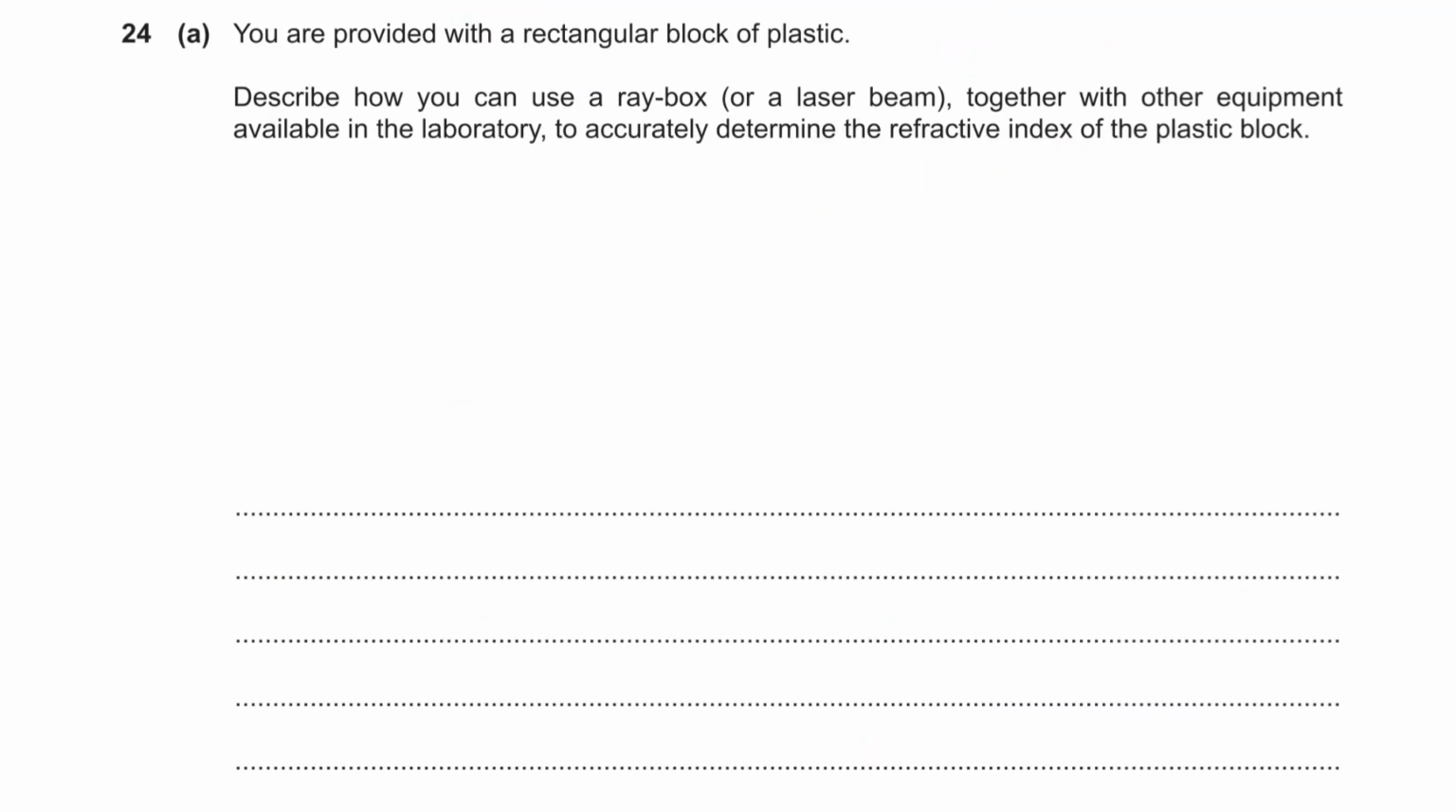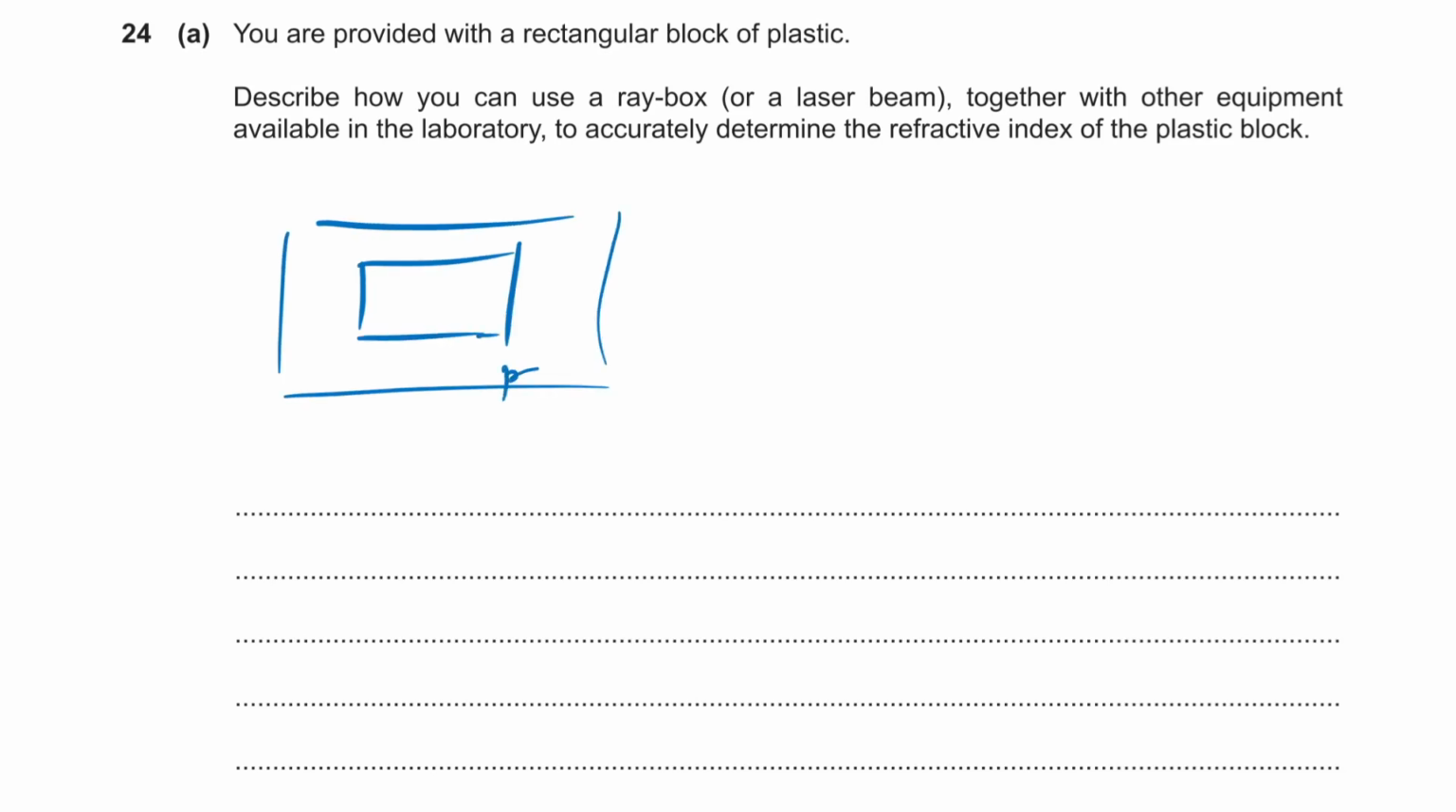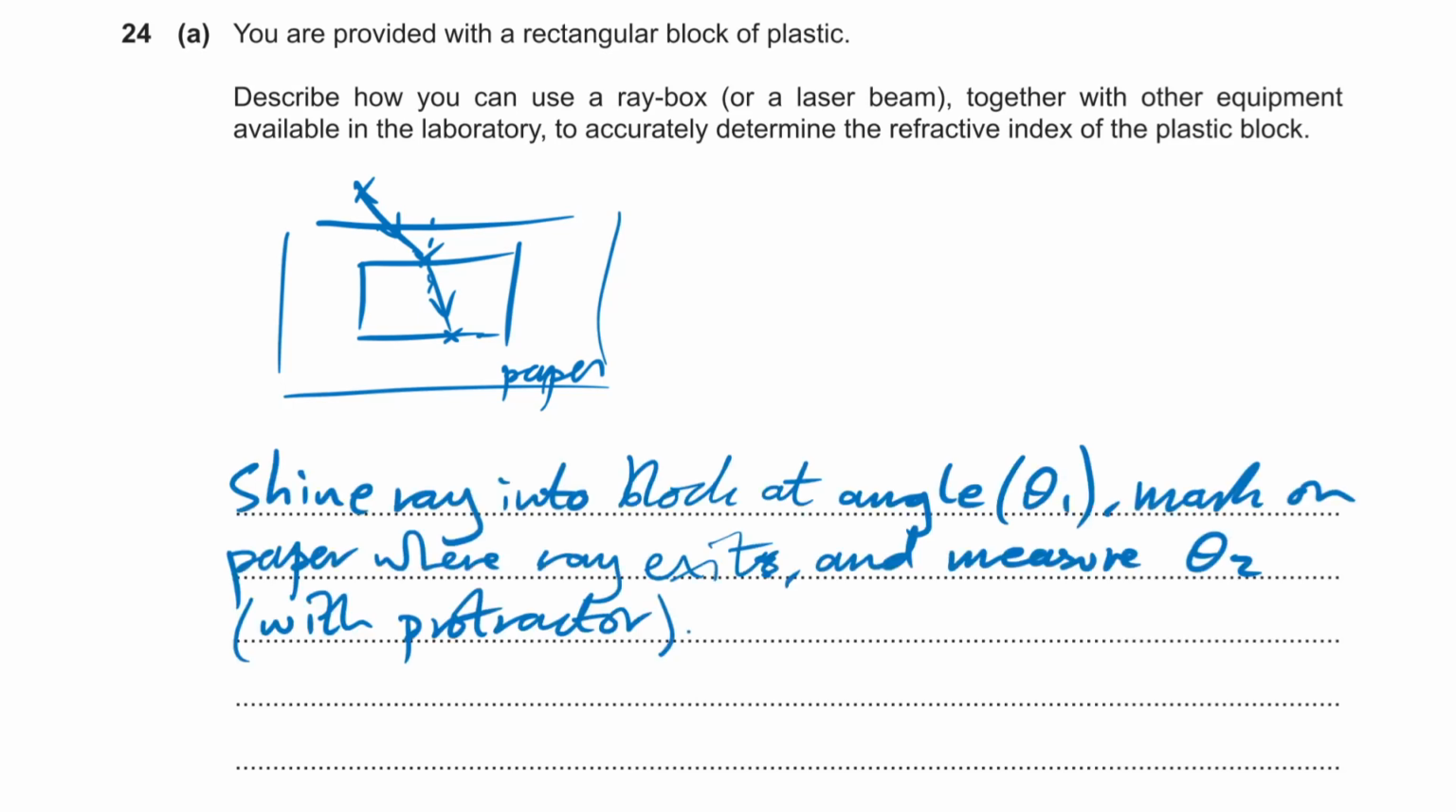24. Oh, great long answer question. I hate these. How are we going to get the refractive index of a block? Well, we put it on a piece of paper, draw around the block, we draw a normal 90 degrees to the surface, we get a ray box, shine the light in at an angle, and then we put dots to mark where it went in and where it comes out, and then we can join up the dots afterwards